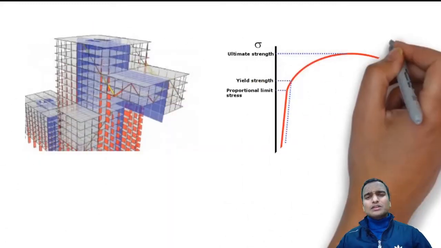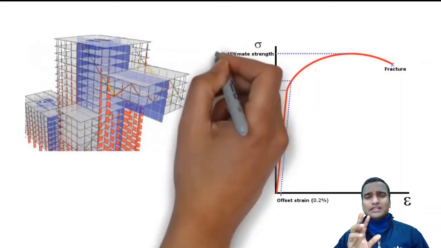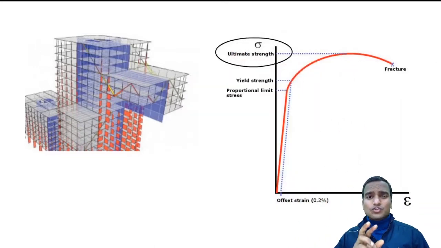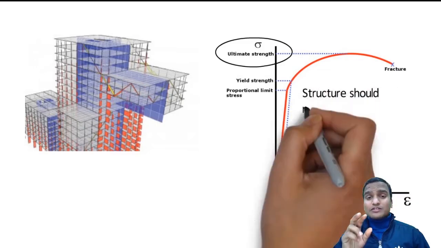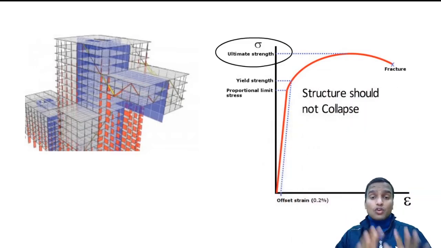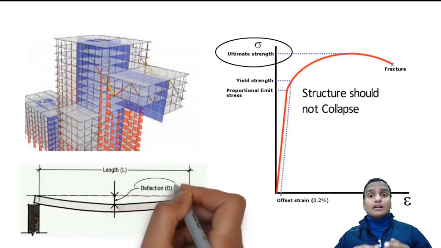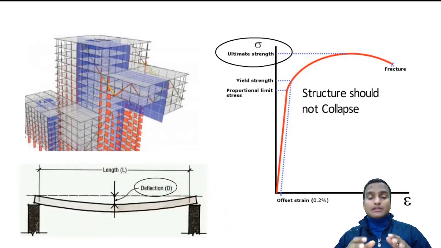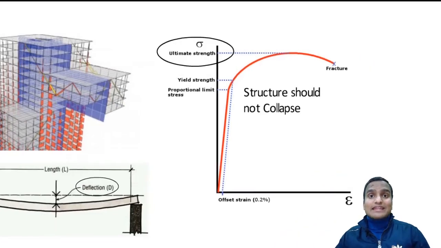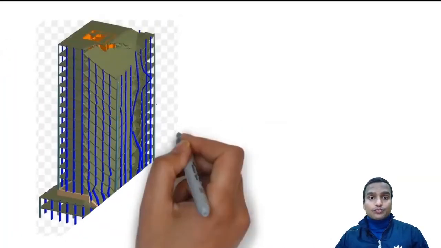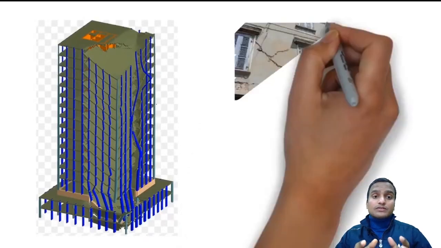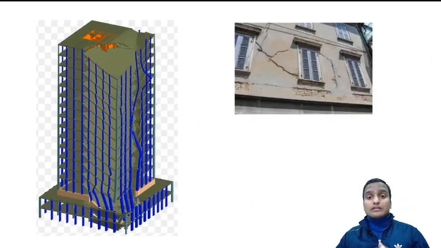So when we go for the design of the structure, we design the structure as per limit state using two conditions. One is the limit state of strength, and under that the limit state of collapse, in which the structure should not collapse and it should be well within the ultimate strength only. Second is the limit state of deflection, and in that we satisfy the deflection upon a span length up to a ratio. Okay. And when the structure starts collapsing, then the cracks start propagating in this structure, and due to